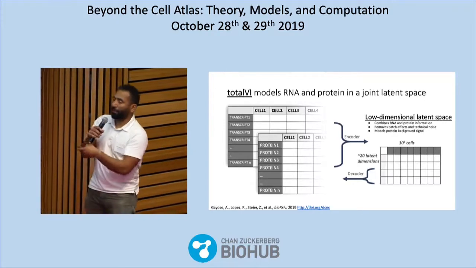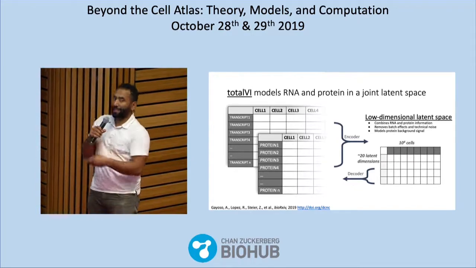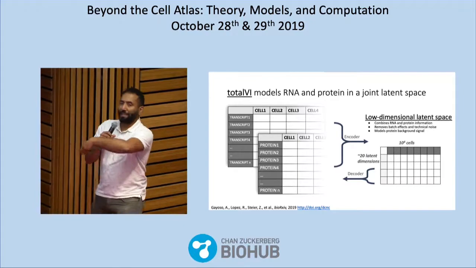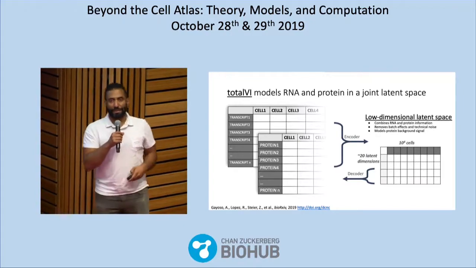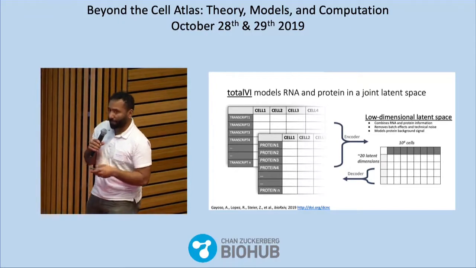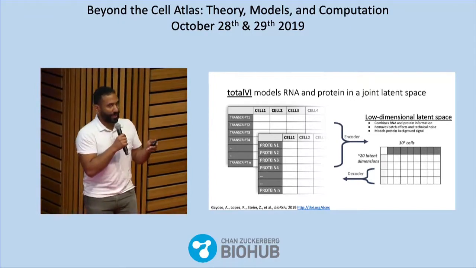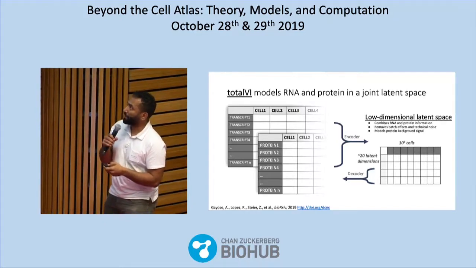And we can perform all of our denoising and batch correction in this latent space and then sample from this latent space to generate continuous, smooth count matrices where we can map all of our cell types in a reduced dimensional space. And tomorrow, Romain is going to have a poster and a lightning talk about this, so you can ask him a lot more questions at the poster session.